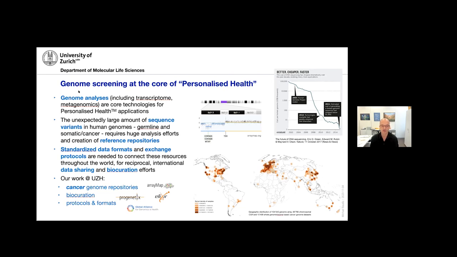This is also due to the large amount of sequence variants in the human genome, which cannot just be covered by panel sequencing efforts, although those frequently give the best value for knowledge or knowledge for money in clinical setting. So important for getting towards the data, which is produced in lots of different places and lots of different institutions and clinics and research centers.